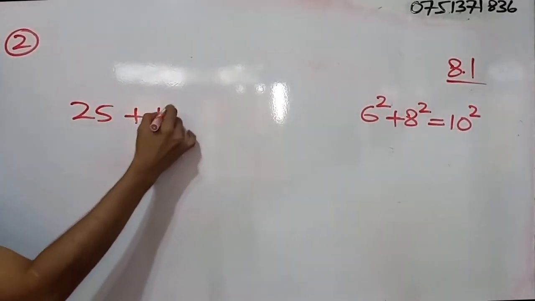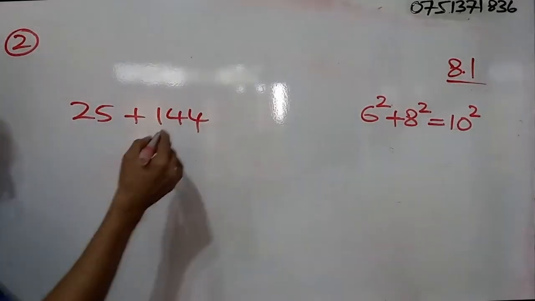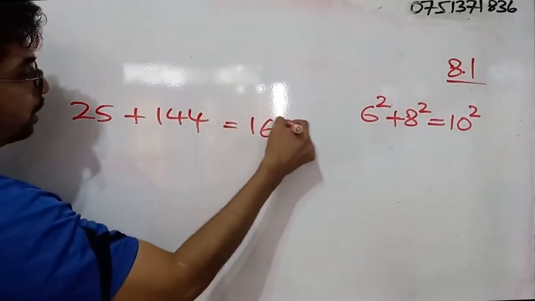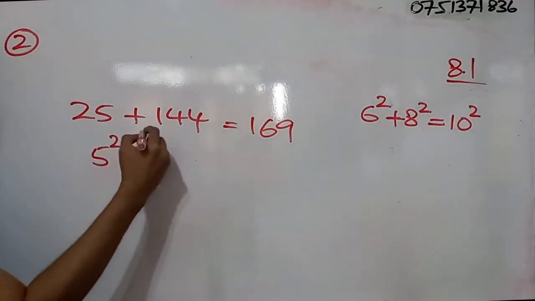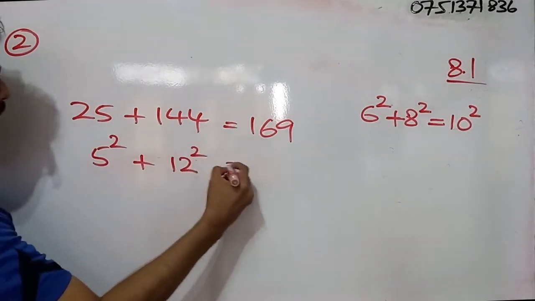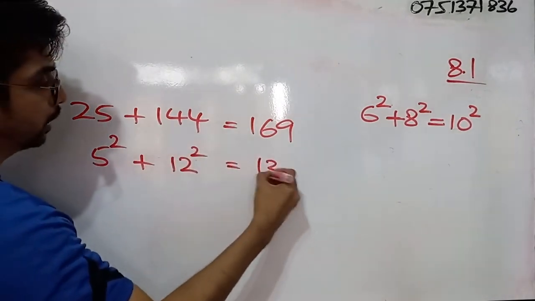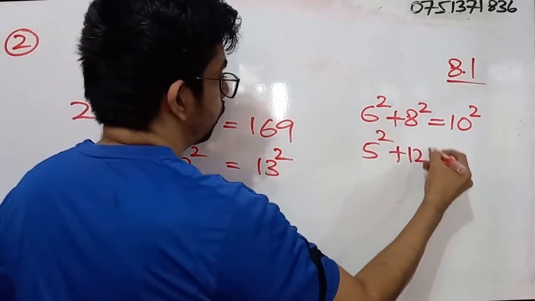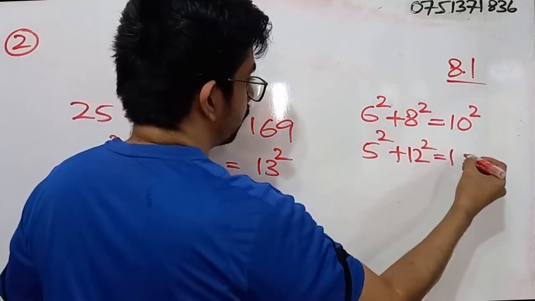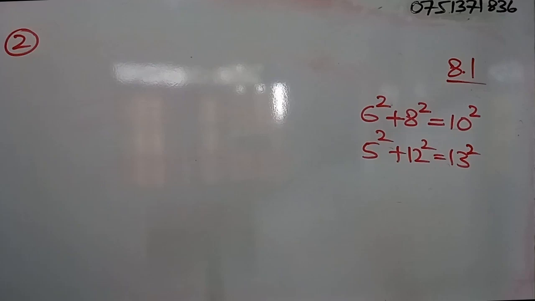Right. Then I can get something like this. 25 plus 144. Okay. So I will be getting what? 169. 25 means what? 5 square. 144 means 12 square. So this is equal to what? 13 square. Right. So 5 square plus 12 square, that is equal to 13 square. So the next one,